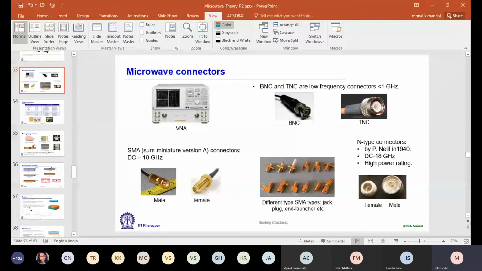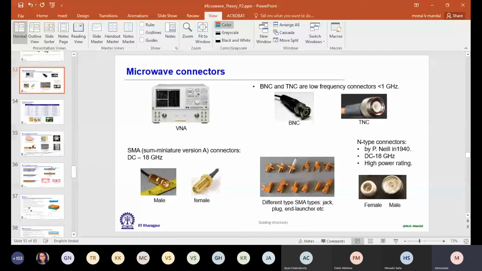And now I was talking about the thread. So you might have learned these two terms, jack and plug. How do we call it? On the switchboard which is hanging from your wall, the point where you are inserting is called plug, right? And the thing you are inserting is called jack. So we use the same definition here. If the thread is outside, we call it jack. And if the thread is inside, we will call it plug.